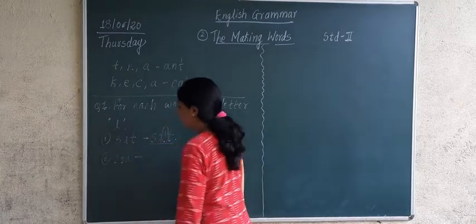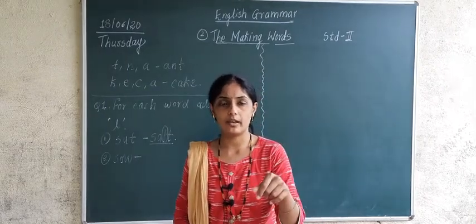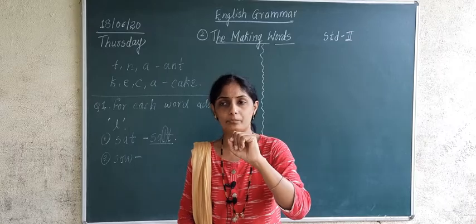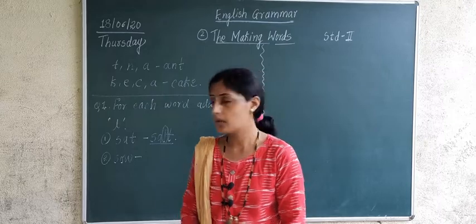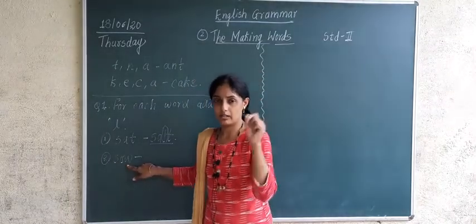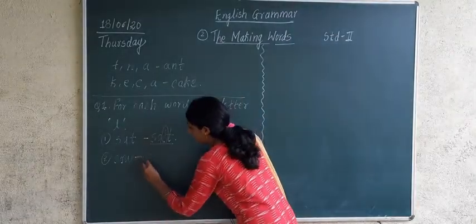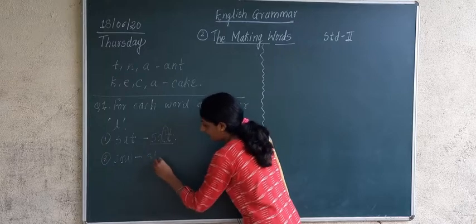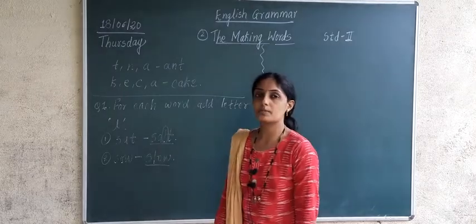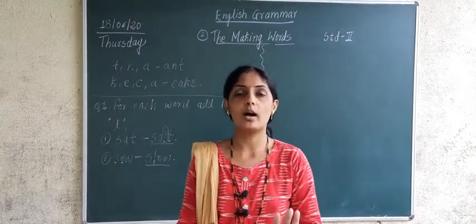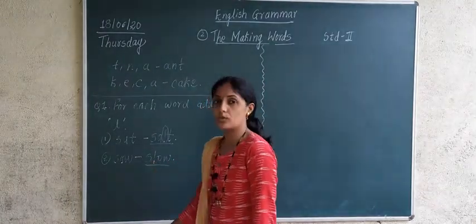The next example given is SOW. Sow means sowing the seeds, correct or not? In Marathi we call it perne. We sow the seeds in the mud, or we are sowing the seeds in the farm. So sow means laune. And if I add L at the second position, and as it is O and W further, what will that word become? It will become slow. Slow means halu. Understood? So SOW will become SLOW.